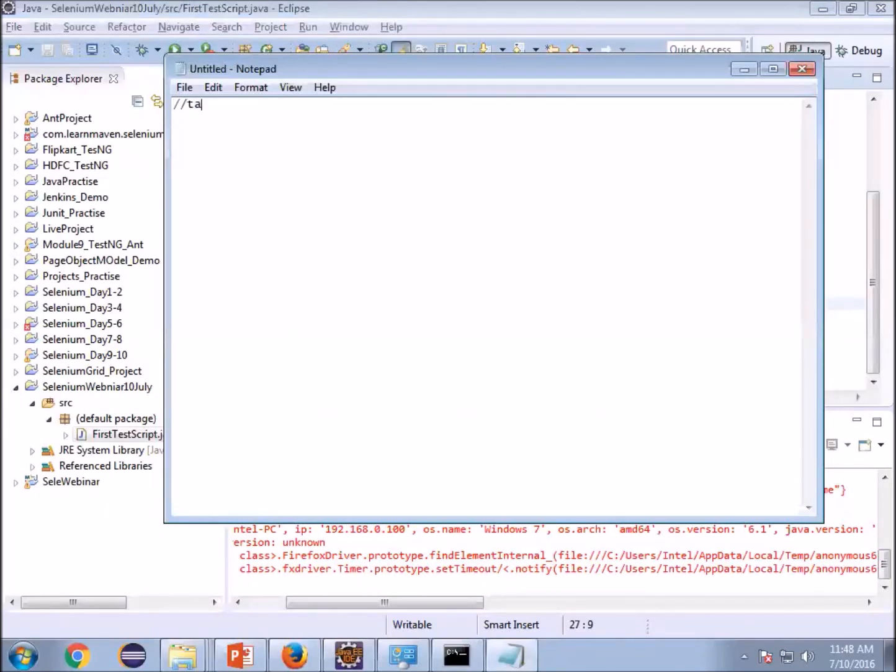So what is XPath? You give a tag name after double slash, write square brackets, @, find something unique, like we found the ID as unique for our element, and in quotes the value. So this is nothing but the tag name, this is your attribute, and this is the value of the attribute.